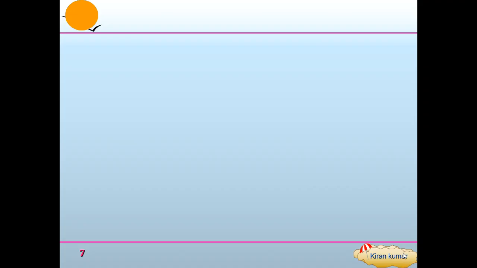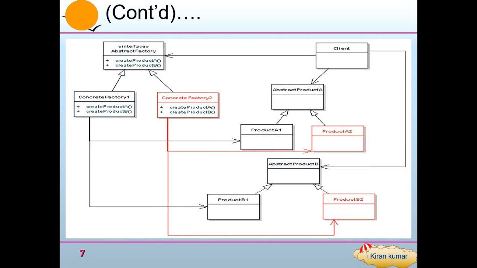If you see this abstract factory pattern, in the earlier video I explained about the factory pattern. Now we will be seeing about abstract factory. You can think about the abstract factory pattern like this: in the earlier video we saw the factory pattern, which creates the objects that are required based on the need. So it creates an object.